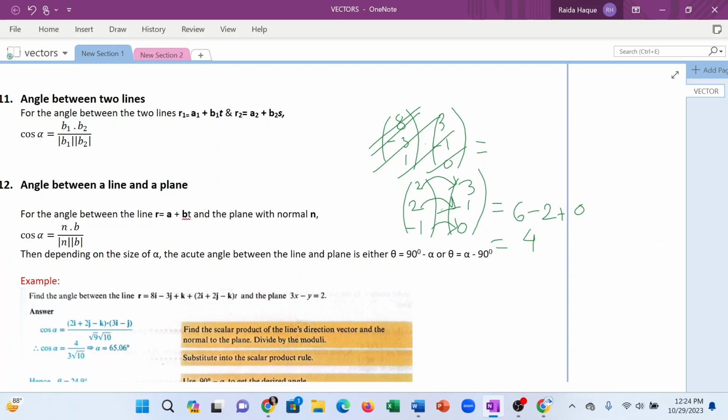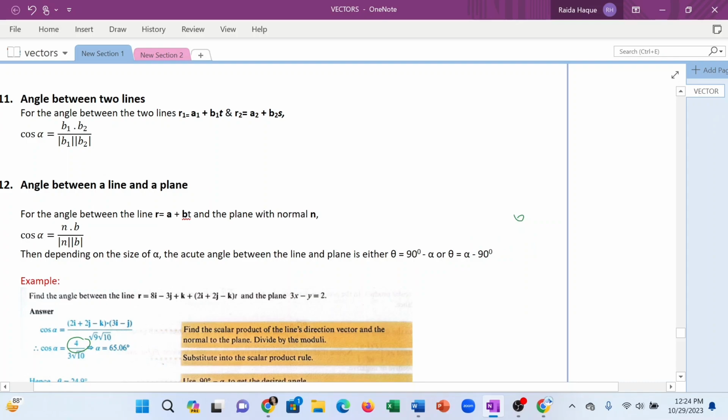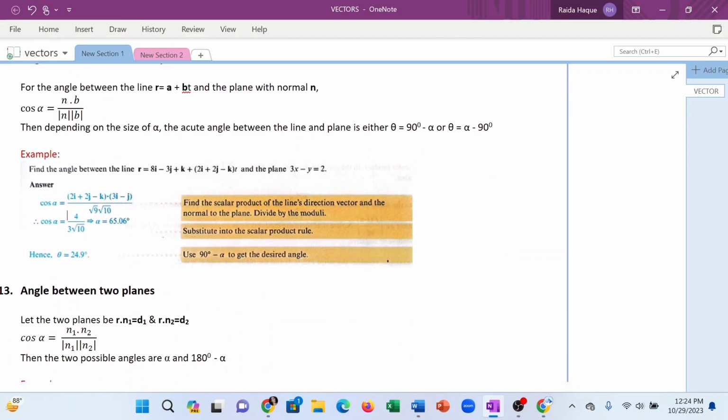And then you just insert the value over here, so you can see that it is 4. And then once they have found the value of cos alpha over here, they got a positive value, right? So they got 65.06 degrees for alpha. Hence